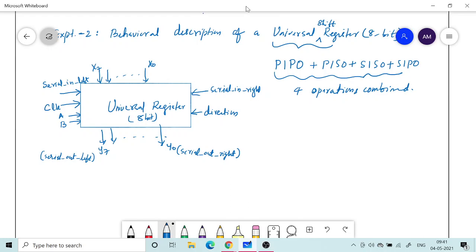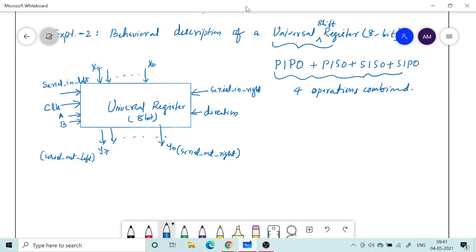So Y0 to Y7 are all available, but if you want to operate it as parallel in serial out, you just need to consider only one of the output bits and take the data from that bit. And then as the clock comes, the data stored in the register will be shifted once every clock cycle. So that is what you have to consider.